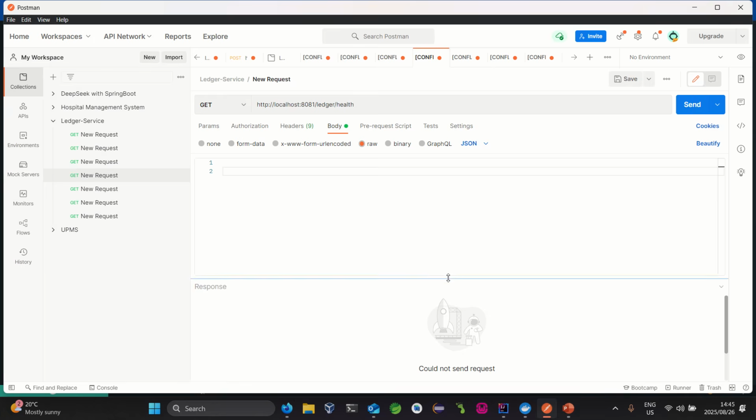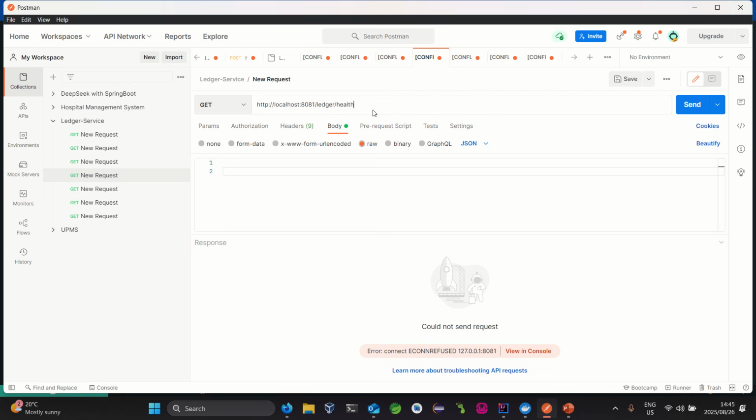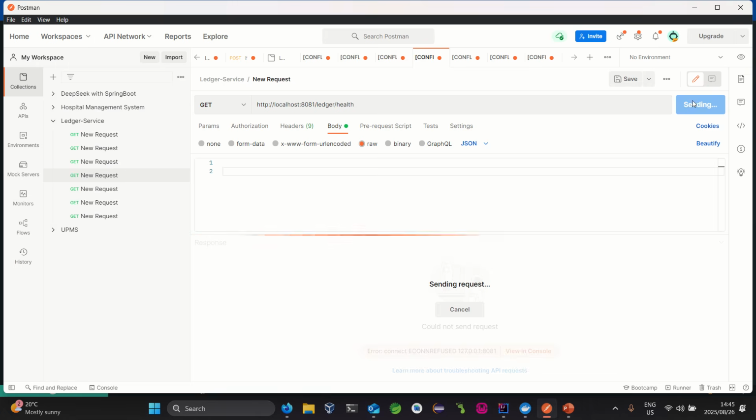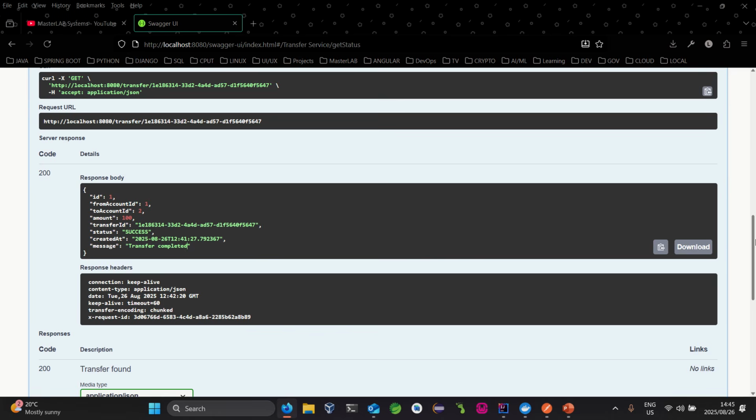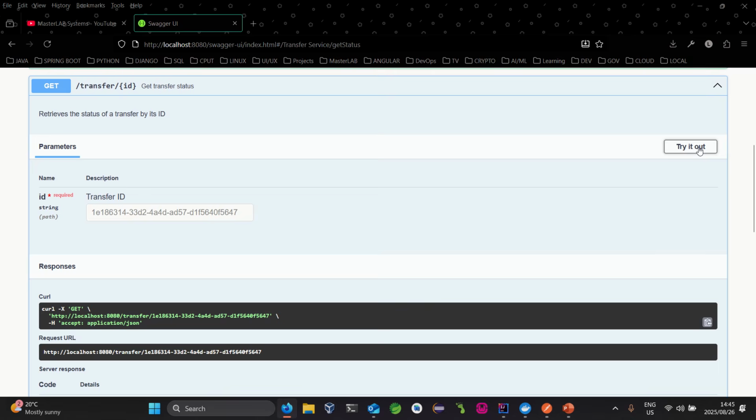As you can see, it could not send the request because there's no connection going there. So that's why we are not getting anything. You can try to do that, definitely not going to get anything because that endpoint is down or dropped. So let's now try to initiate another transfer just to do a test when the ledger service is down. I'm just going to cancel,